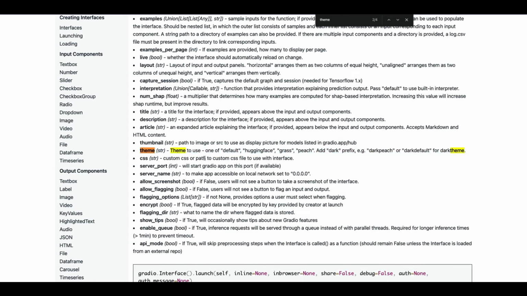The second one is, rather than using the existing themes that are available, you yourself can create custom CSS. So you can use the custom CSS option to create a theme. That is another important feature if you want to try out something. So we're going to explore these two options now: theme and custom CSS. First, let's start with theme.